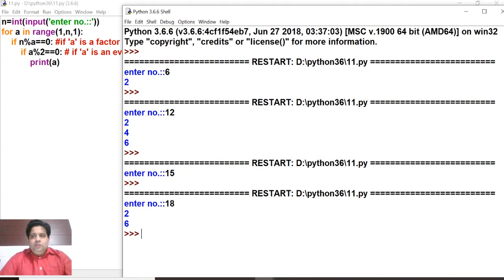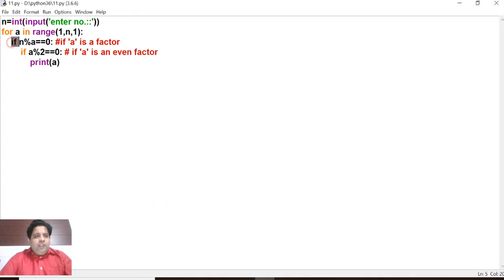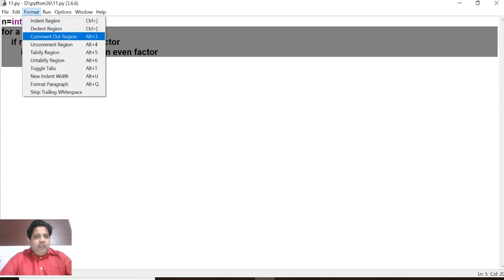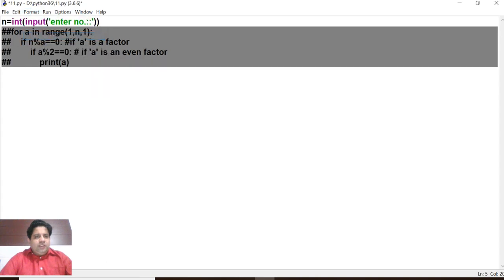Okay, so have you understood why we have used if inside if? Because first we are checking whether a is a factor, and then we are checking whether a is an even factor. Now you can combine this line. So here I am making the comment. Go to format and select comment out region.